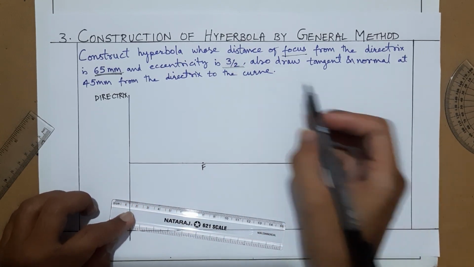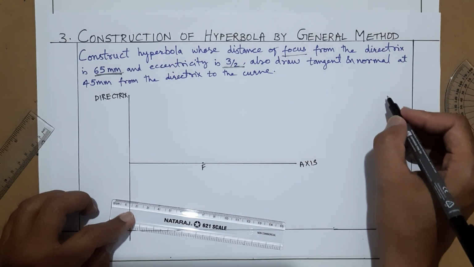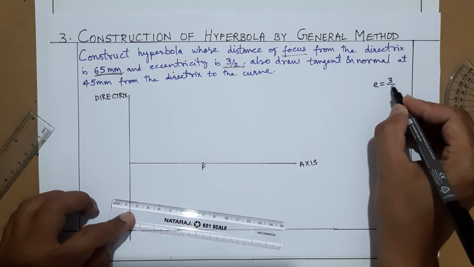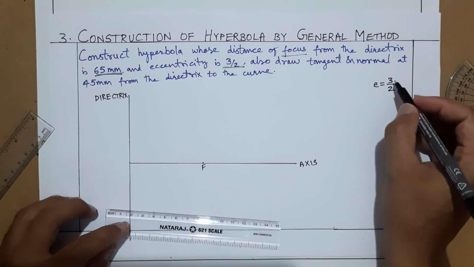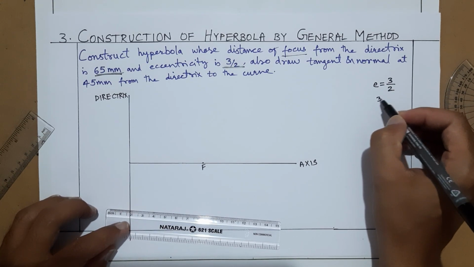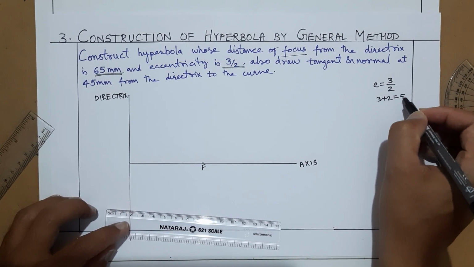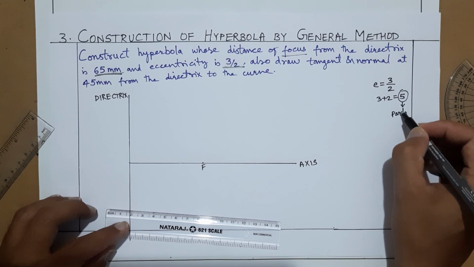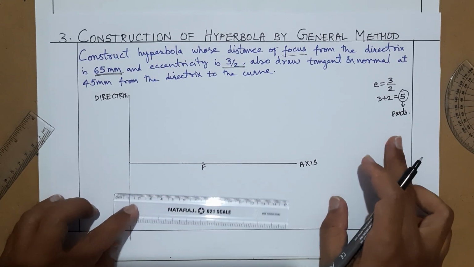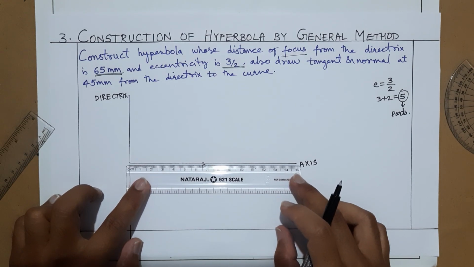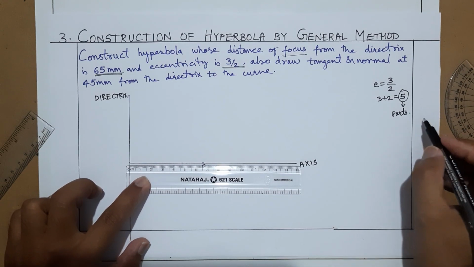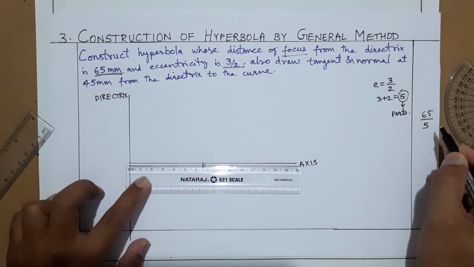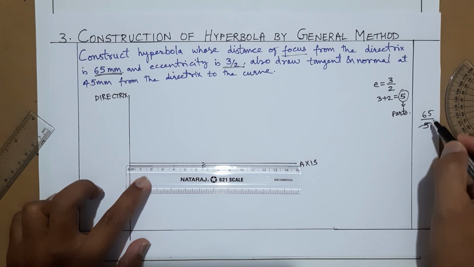Now eccentricity, how much? E equal to 3 by 2. Same as previous method, add numerator and denominator. 3 plus 2, how much, 5. So 5 equal parts we have to do. This must be equal. Here how much length we have, 65. Here rough work I am doing, 65 divided by 5 parts. So each part will be how much,